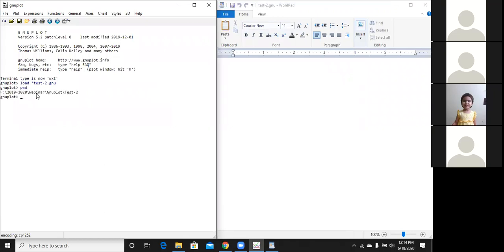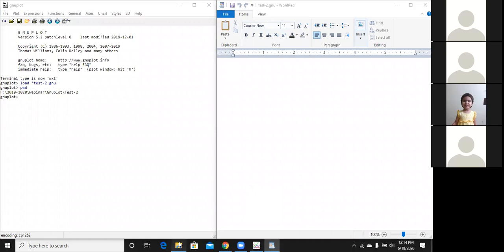It is showing the path, right? The webinar gnuplot, where the file is located. So this terminal window is opened at exactly that particular path. Now, do you have any data file to plot, or shall I send it by mail?